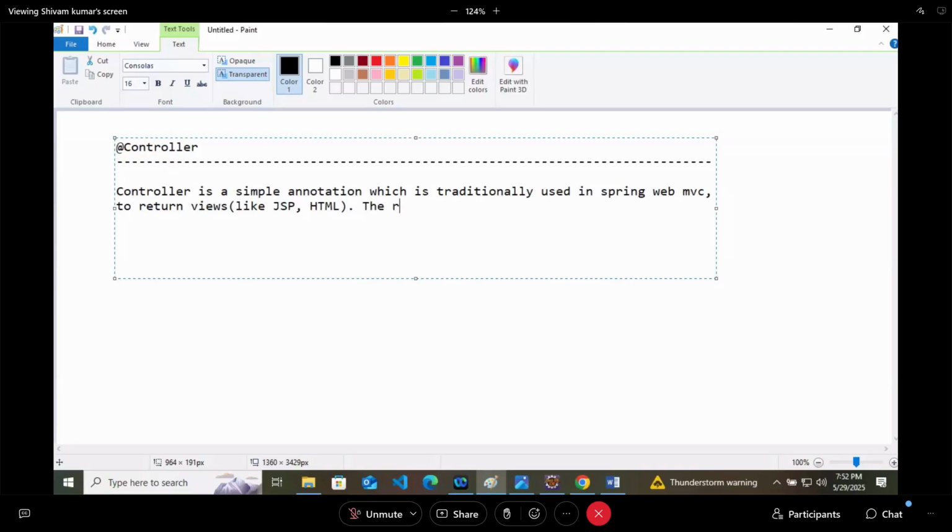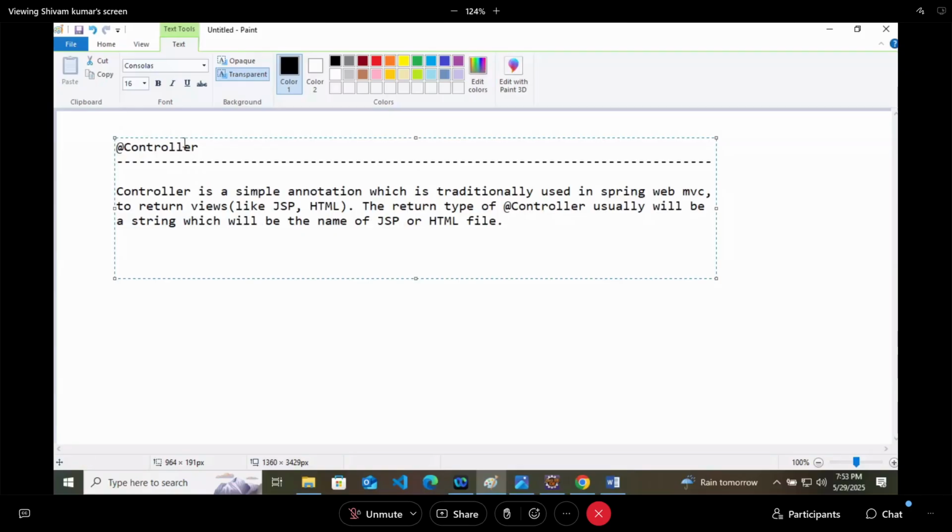The return type of @Controller will usually be a string, which will be the name of the JSP or HTML file, like this.